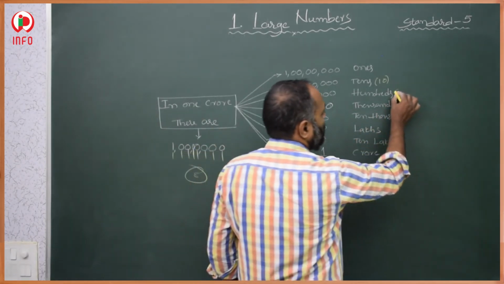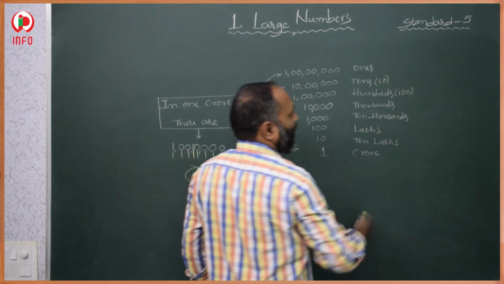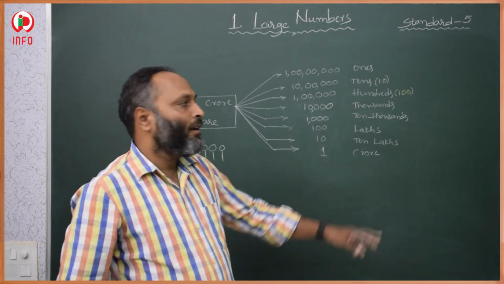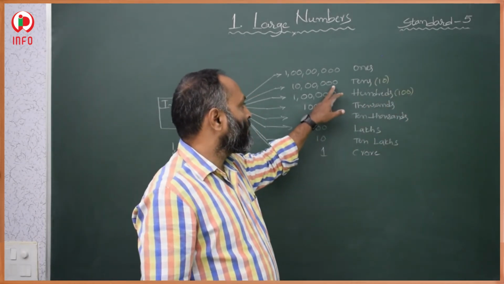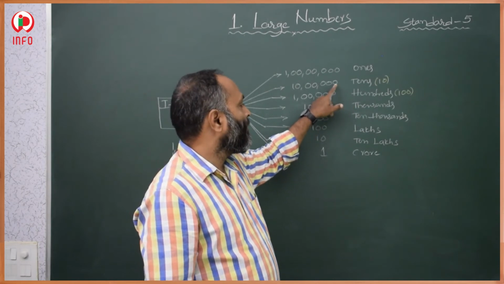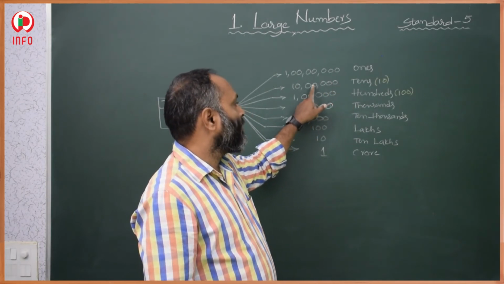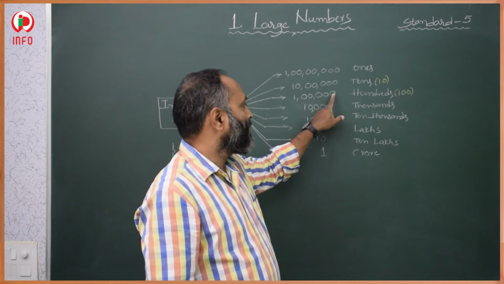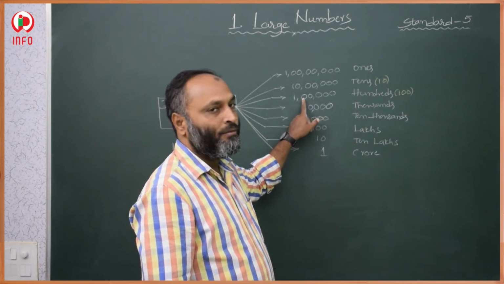And how many hundreds we have? In 100 we have already 2 zeros. We have to decrease 2 zeros from the 7 zeros: first 1 zero, then one more zero. How many zeros in the 7? 1, 2, 3, 4, 5, 6. Here we take 5 zeros. 1, 2, 3, 4, 5.